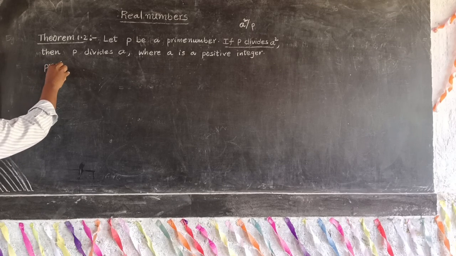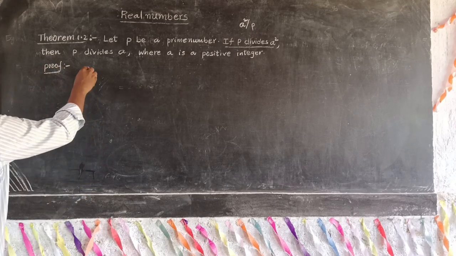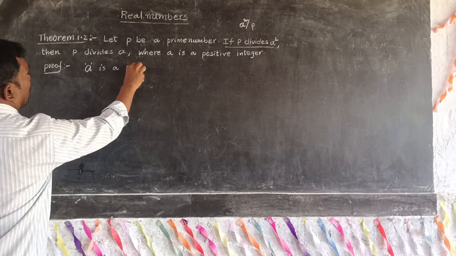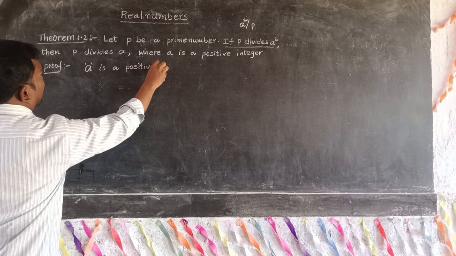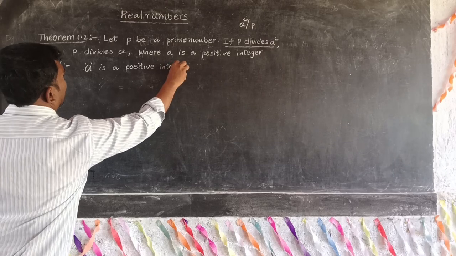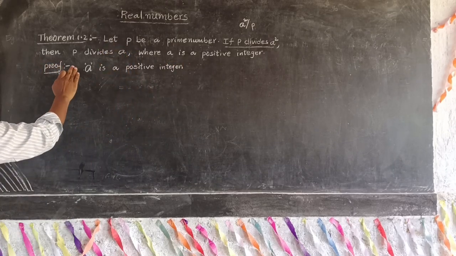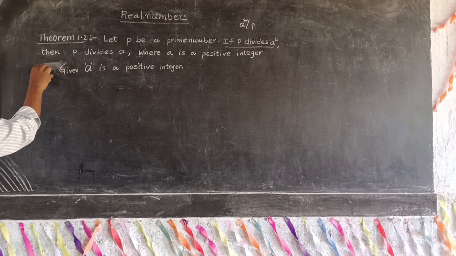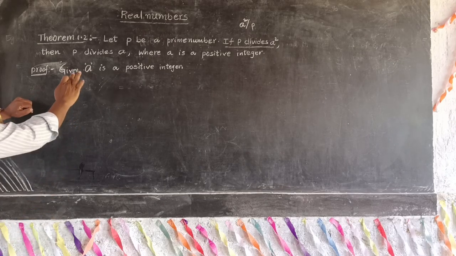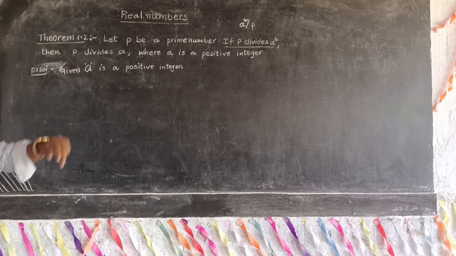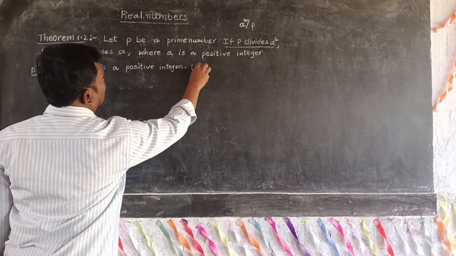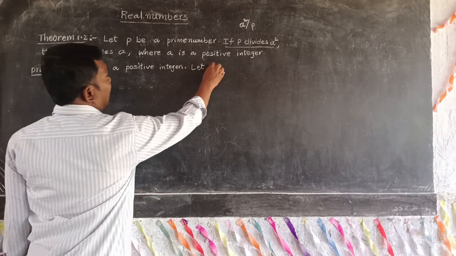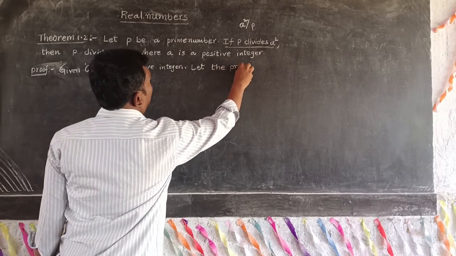Proof. A is a positive integer. So this is the given information. Given a is a positive integer, let the prime factorization of a